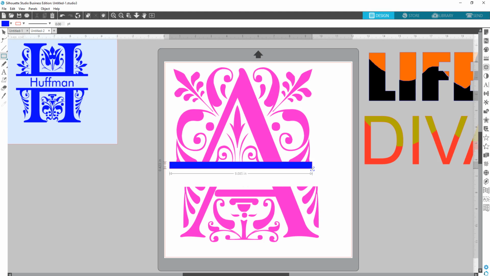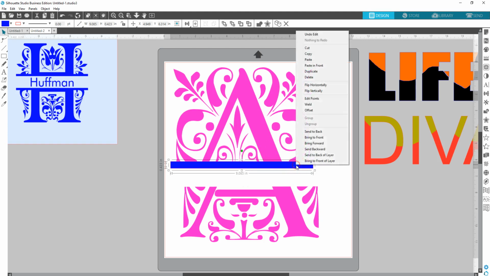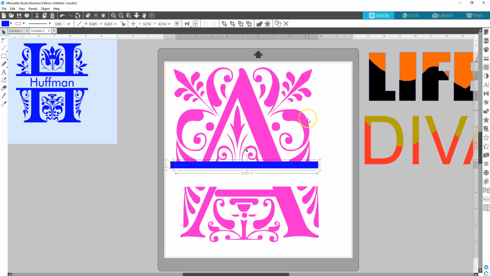I'm going to say that that's okay for me, and I'm going to leave it at blue just so you can sort of see what's going on with it. Let's see here, back to the select tool, and I want to just move that over, which I really didn't even have to move, but let me duplicate it